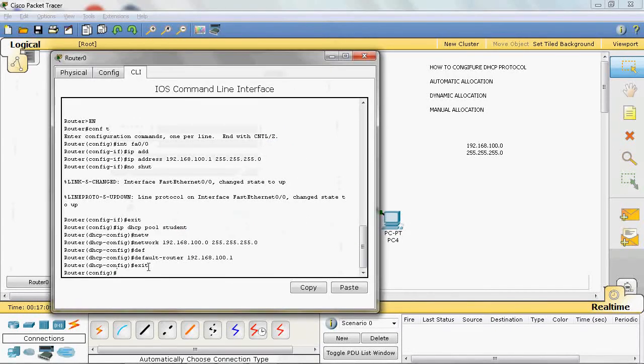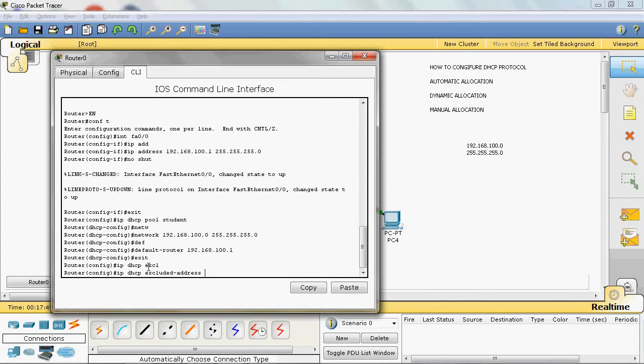Suppose in case I want specific addresses only, for example in 192.168.100.0 with 255.255.255.0, in that range, this is a net ID and subnet mask. Here we can use 256 IP addresses. In 256 IP addresses, one IP address is the net ID and another IP address is the direct broadcast address. The remaining 254 addresses can be used by the DHCP server to assign addresses to the hosts. Here I will specify that 200 IP addresses cannot be assigned to the host. So I will give ip dhcp excluded-address, with a starting IP address and ending IP address.